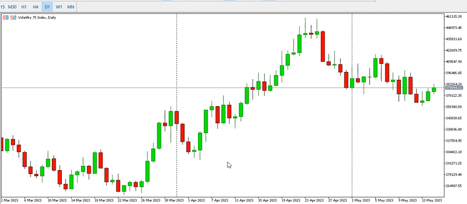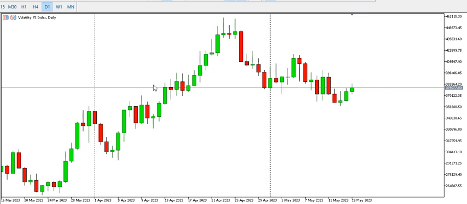Today we'll be looking at how we can scalp volatility 75 index and step index on the lower time frames. But before we go to the lower time frames, we'll take a quick look at what has happened on the higher time frames. Okay, on the higher time frames for V75 index, we can see that